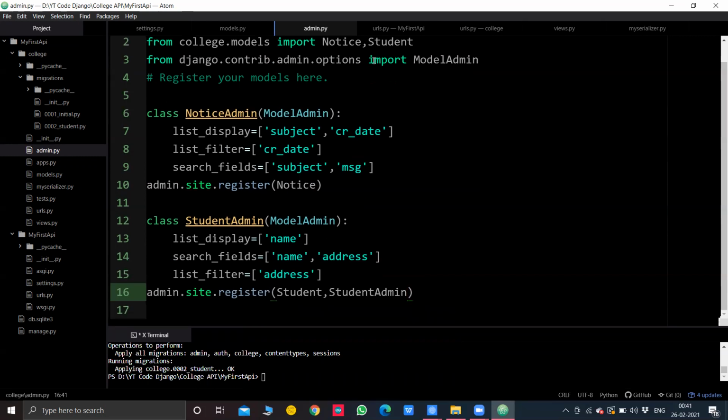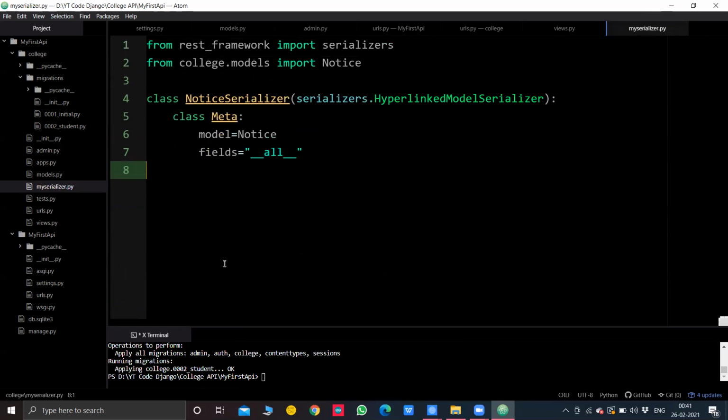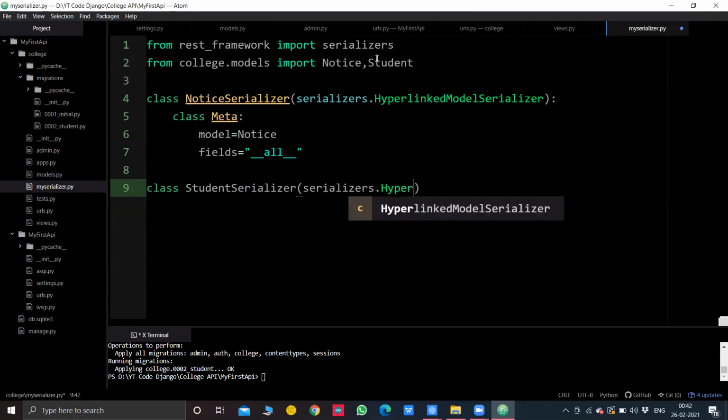And now we need to link this with our serializer, right? So whatever we did, we imported Notice, we'll also import Student again. And now we'll create a student serializer. So class StudentSerializer, and again mention serializers.HyperlinkedModelSerializer.